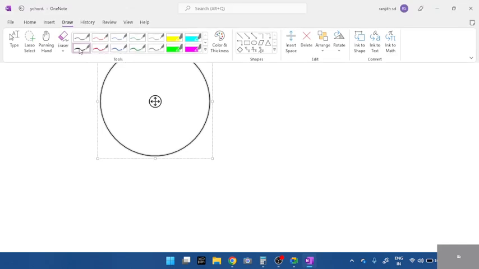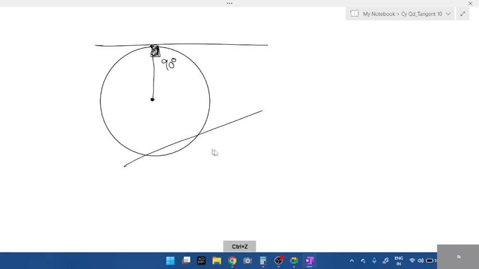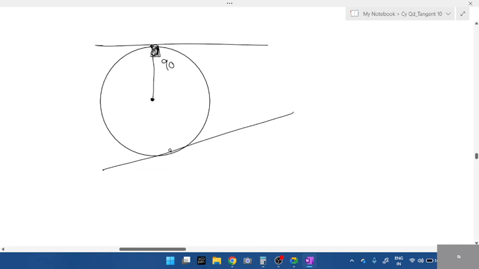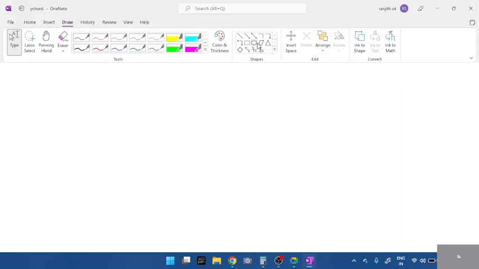See, whenever tangent and chord are related, from the center, if I draw a tangent like this, what's the angle formed here, students? From the radius, what's the angle formed? 90. If I draw a tangent, all of you will remember this. Even if I draw a tangent here, this is the tangent and radius concept. If I connect it like this, what's the angle formed? 90 degrees. Radius and a tangent will always be perpendicular. Radius is always perpendicular to tangent,